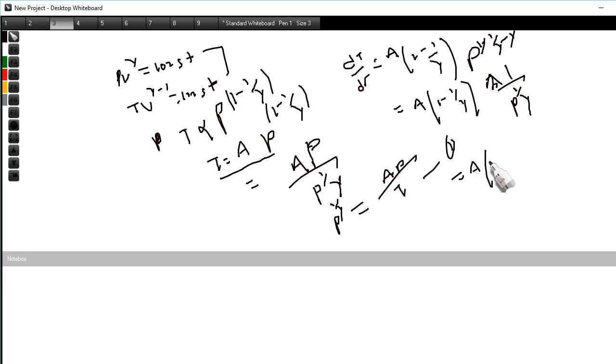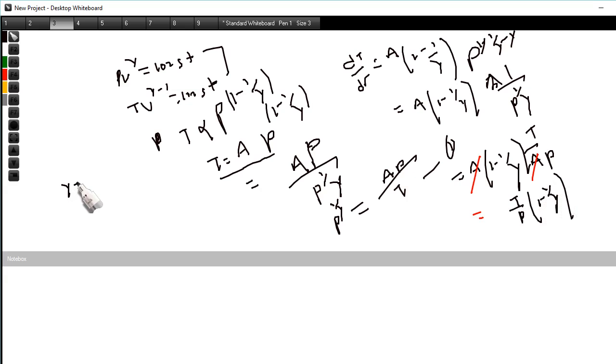So it is given as 1 minus 1 by gamma. अब p gamma भनेपछि ap by t हो, t माथि जाने भयो, ap हुने भयो. So यो काट्यो, so it is given as T by P 1 minus 1 by gamma, र गामाको ठाउँमा I can write it is given as Cp by Cv. So our final answer will be